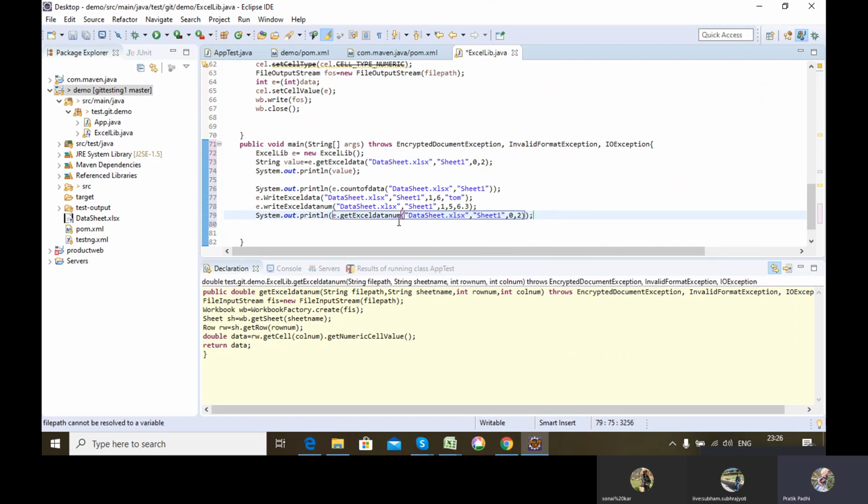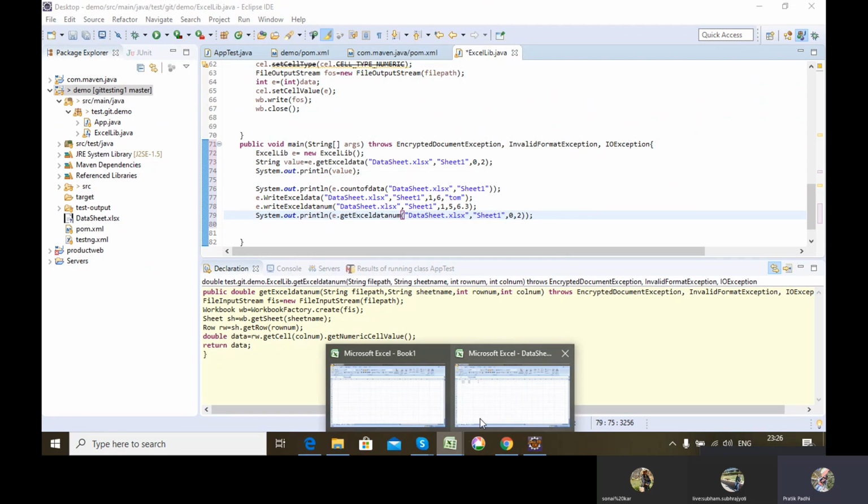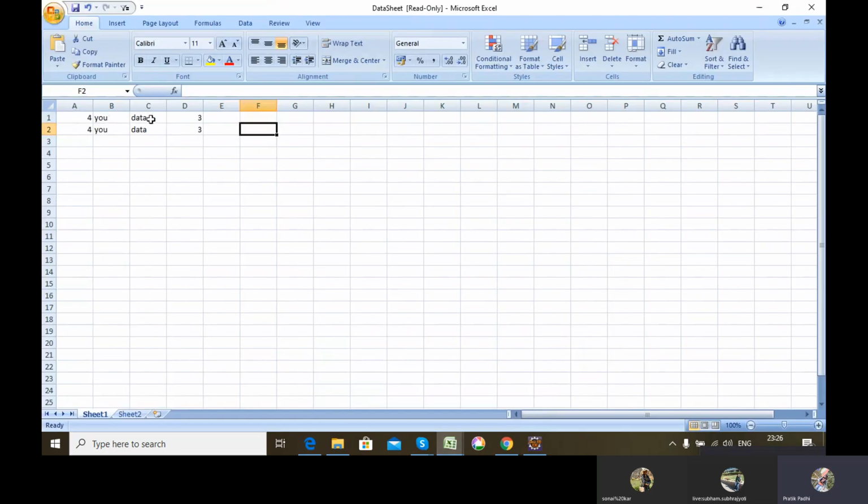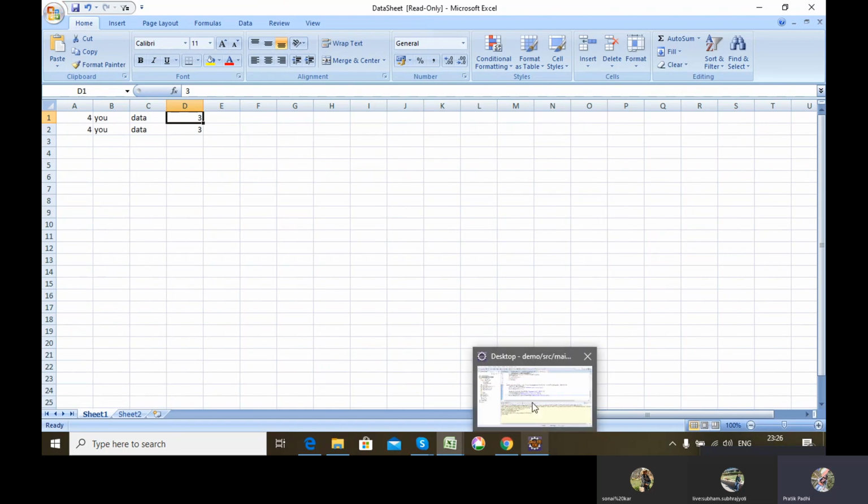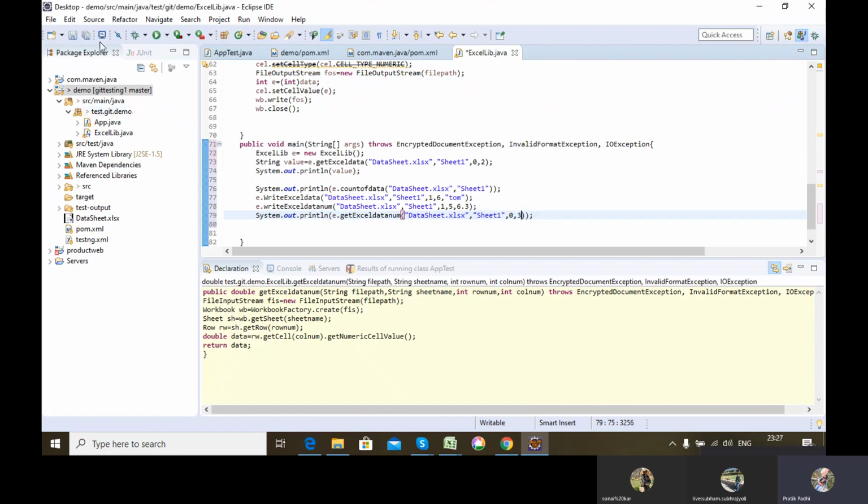Now I have to choose a cell which has numeric data. Let's say, for example, this particular cell has numeric data. So I can give it 0, 3, and it will return me 3. So I have used all the functions, total 5 functions.